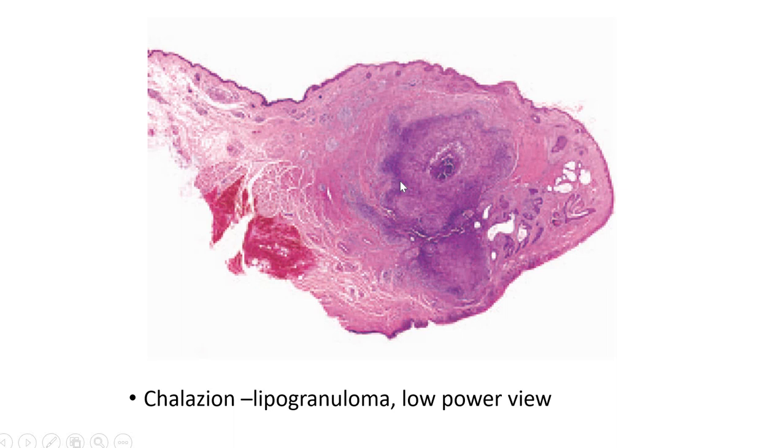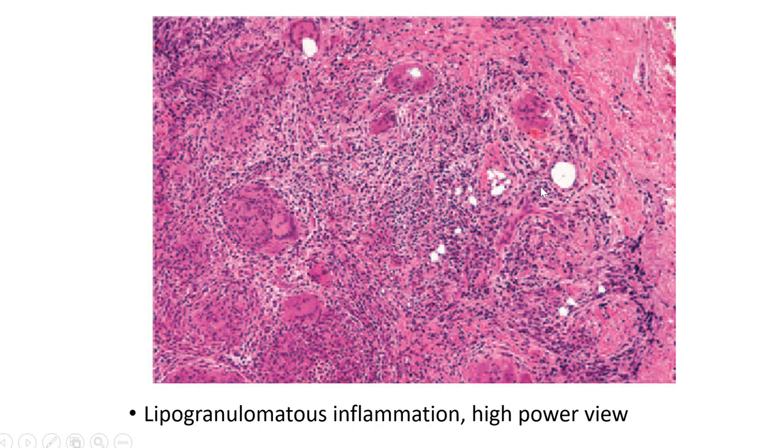You know what a granuloma will have? It will have layers. There may or may not be necrosis, but you will see a series of lymphocytes, histiocytes, and then giant cells. This is a high power view where we can see the fat cells, the lipids, and the granuloma predominantly with lymphocytes, histiocytes and giant cells. All these are the giant cells.